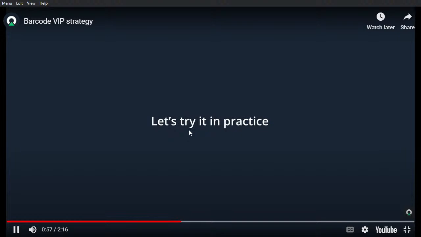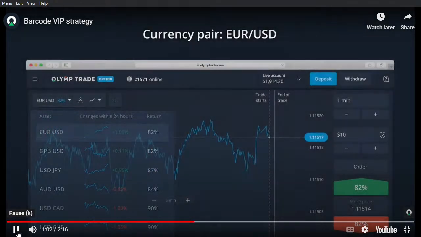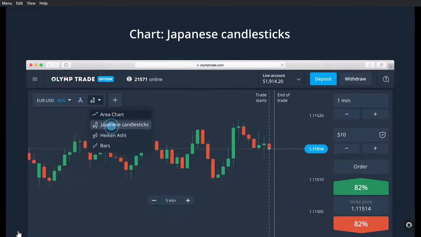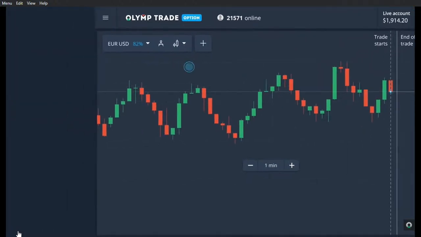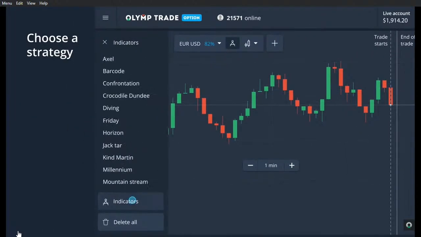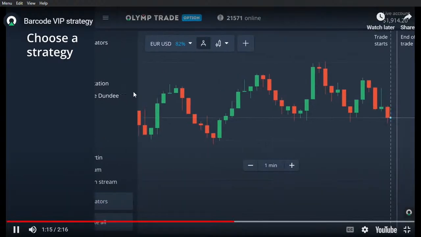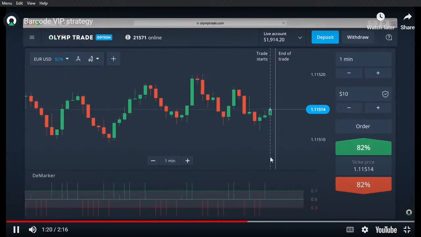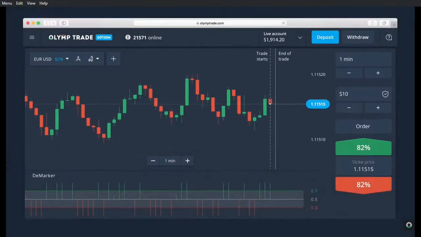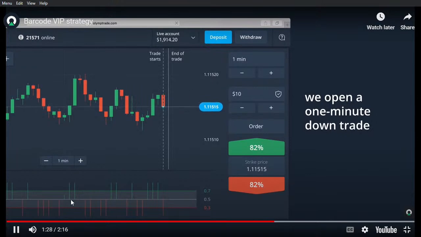Let's try our strategy in practice. In our example, we'll open the chart for the Euro-dollar currency pair. We choose a Japanese candlesticks chart. We set the chart interval at 1 minute. We open the indicator section and choose the VIP Strategies tab. We select the barcode strategy. The DeMarker indicator has appeared below the price chart. The necessary settings are applied automatically. When the indicator shows a red bar, that is a sign of a sharp downward spike in price. Immediately after the